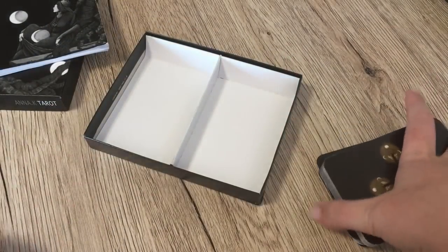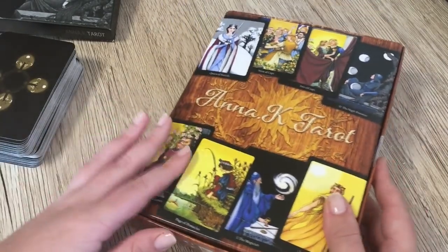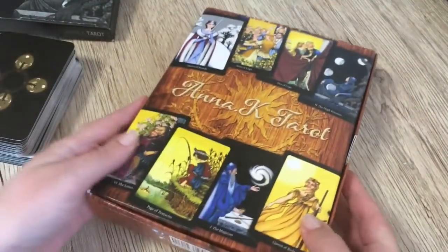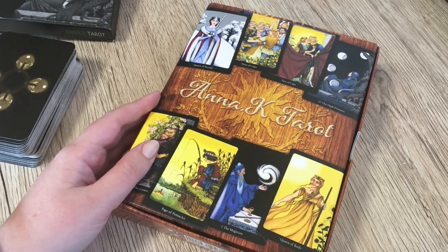Now we'll take a bit of a look at the Llewellyn edition. Obviously this box is a lot bigger, it's a lot chunkier. I will just say I know Llewellyn has made quite a few changes to their cardstock and boxes over the past couple of years. I actually haven't bought a new Llewellyn deck in at least a year,